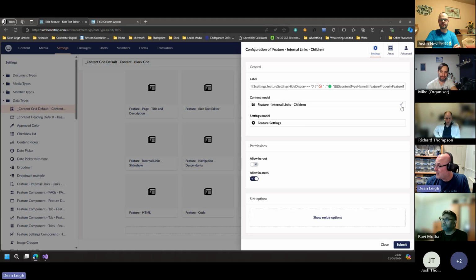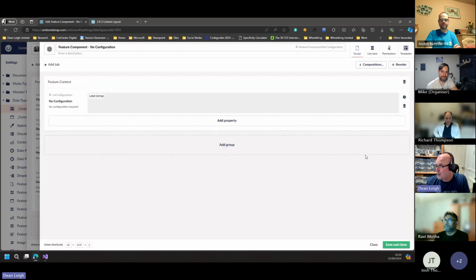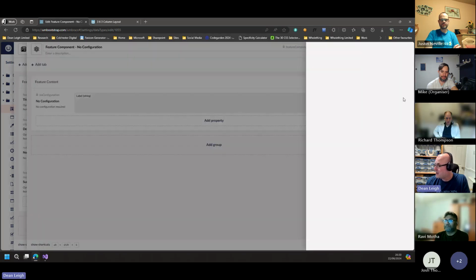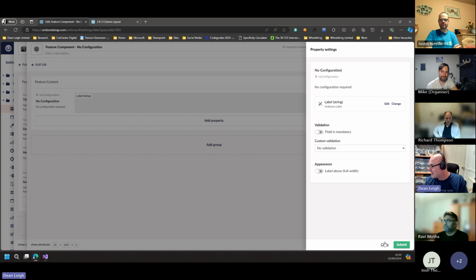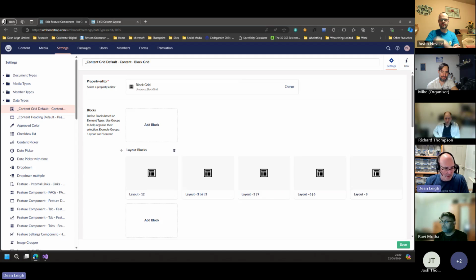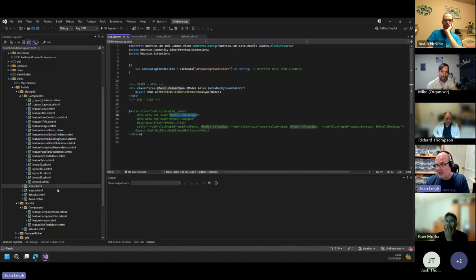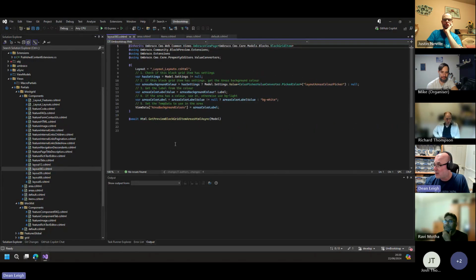So yeah, these obviously, say for example, where's the thing that goes and gets them? Feature component, no configuration. I think I can get there in the end, but obviously that goes off to. So if we go into the code, let's open up a feature. Well, actually, should we open up a layout component to start with? So this is a layout component, and